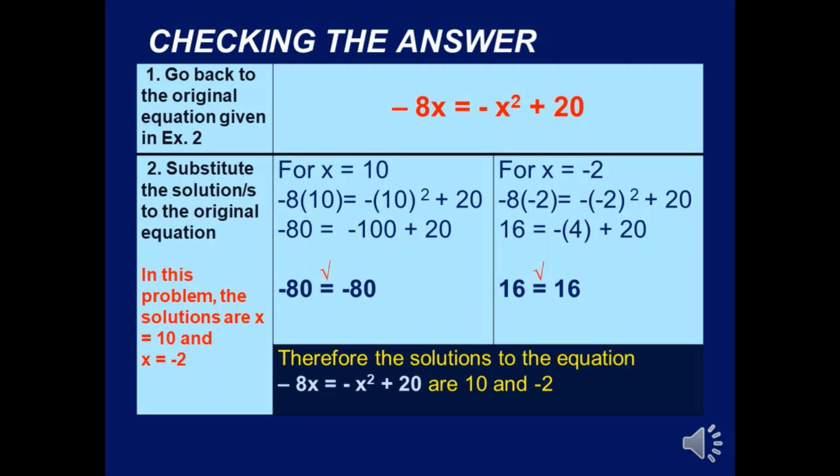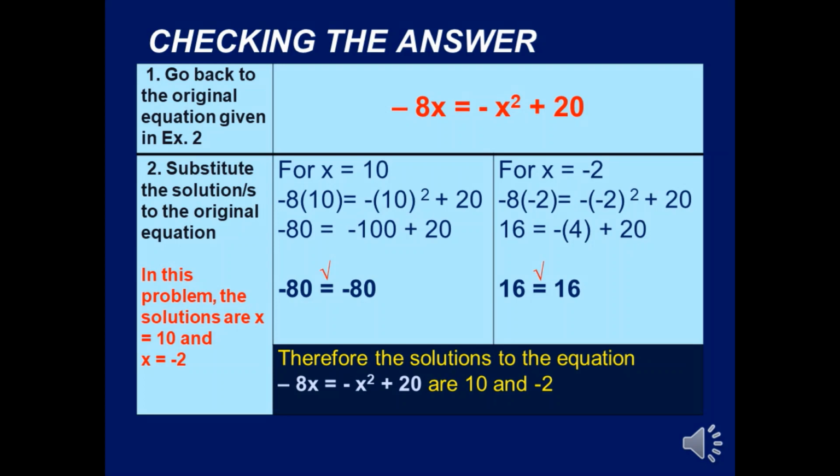Okay, so again, we go back to the original equation given in example 2. So in this case, it's negative 8x equals negative x squared plus 20. Okay, then we substitute the solutions to the original equation. So our solutions are 10 and negative 2. Okay, we substitute it by replacing the x with the solution. Okay, for x is equal to 10, so that is negative 8 times 10 equals negative 10 to the